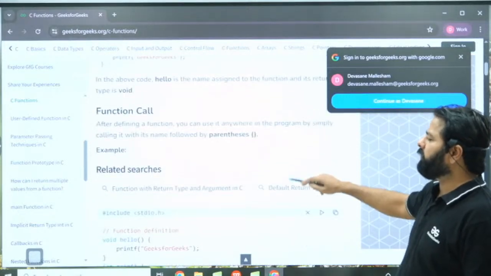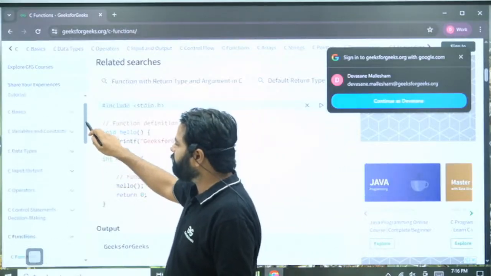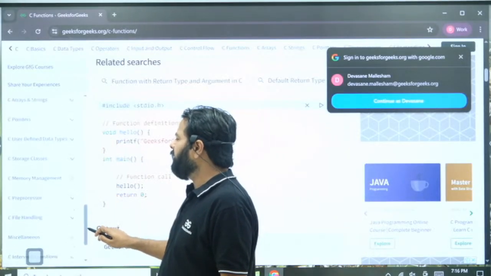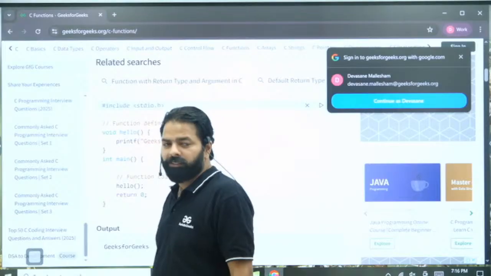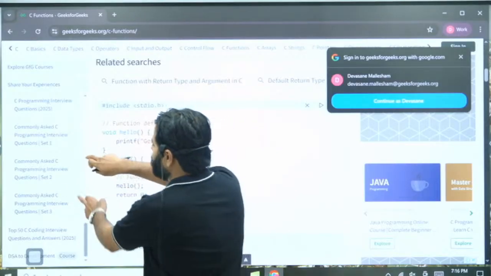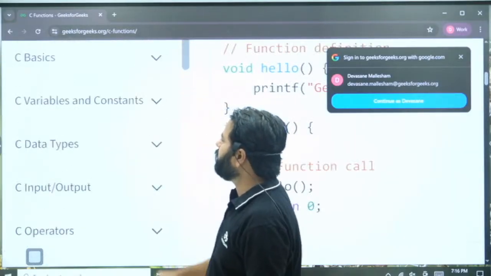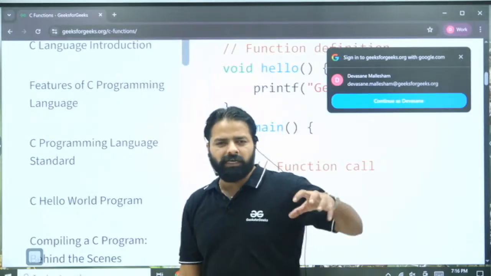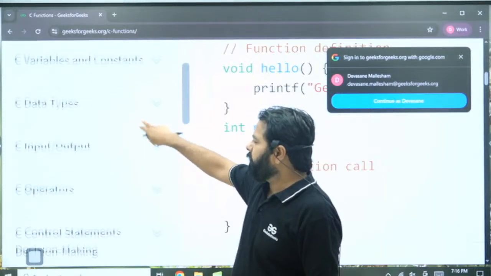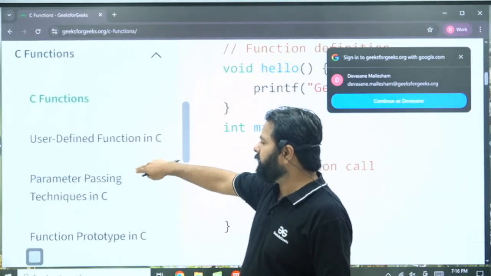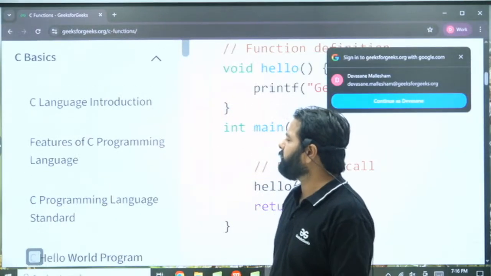If in case you wanted to learn in advance before coming to my session, you can always visit the Geeks for Geeks website for learning everything from the scratch. Even more than GATE preparation you can do here. Interview questions are there if you are preparing for the placement. So you can do a lot. It's well organized, the course is already there. Anybody who wants to go self-paced, then you can go with the modules that we have on Geeks for Geeks. Okay, so now we are starting C functions, and before that we have completed a lot of topics.